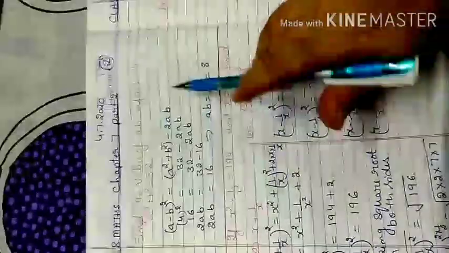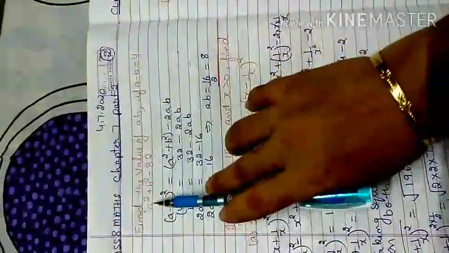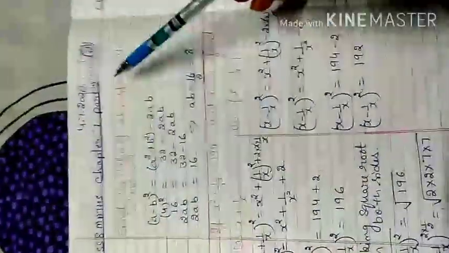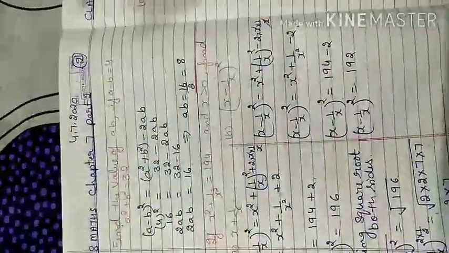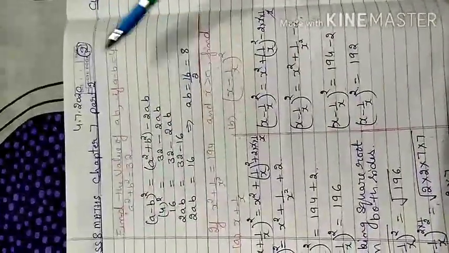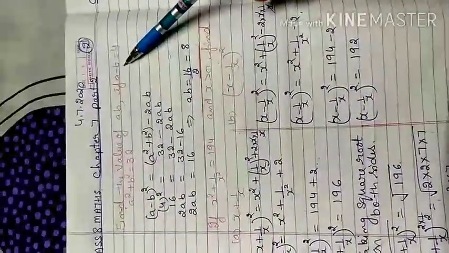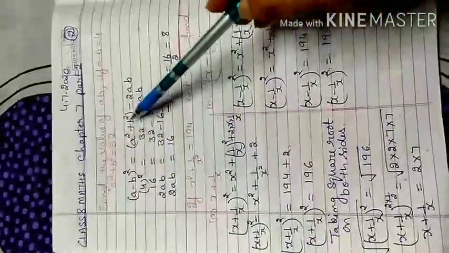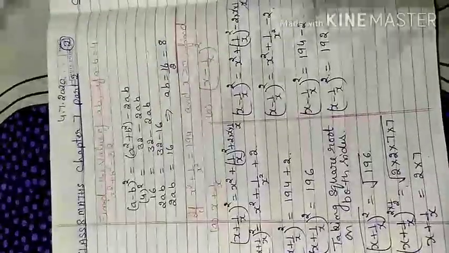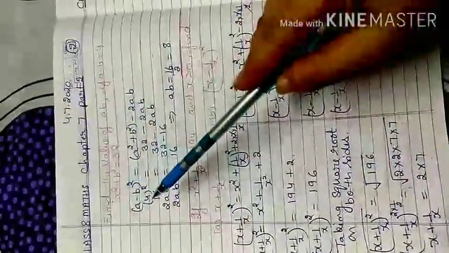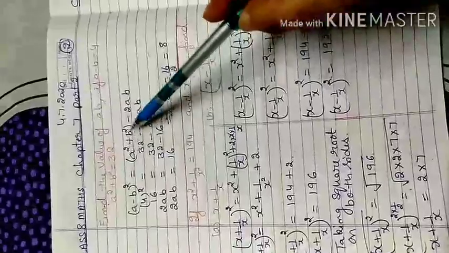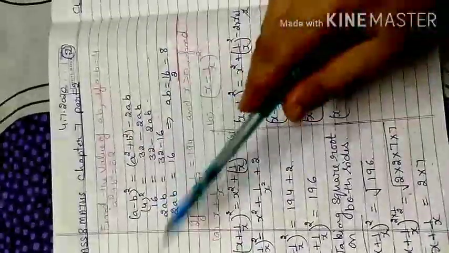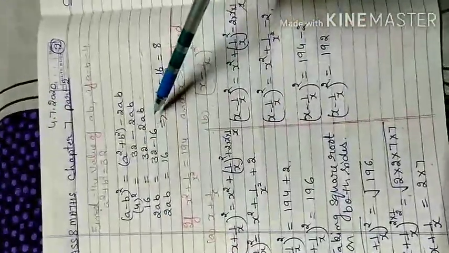Now what happens if I am given the value of a minus b and the value of a² + b², and I have to find the value of ab? First I will think in which formula I get these two conditions. These two conditions only come in the (a − b)² formula, because here a minus b is written. Then (a − b)² = a² + b² − 2ab. Now a − b gives 4 squared, a² + b² is 32, and minus 2ab. Minus 2ab shifts to the other side, 4 squared is 16.